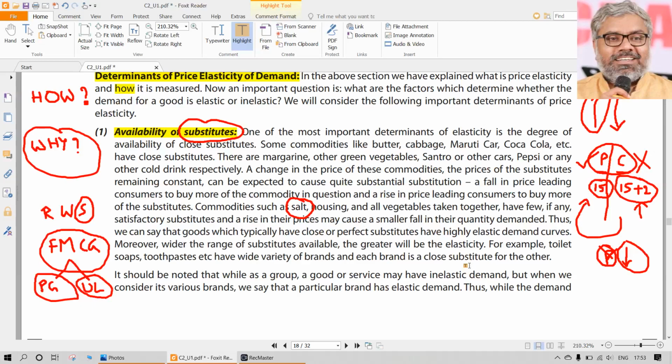Once again, from the examination point of view, one practical question can be expected from this. But in reality, this discussion is very important. The business managers, the governments, everybody, even consumers, I would say, should be aware of this. Otherwise, the businesses will make fools of us, as simple as that. If we are aware of the nature of the commodity, then we can understand why the businessman is doing that, why he is announcing all these things. What is this sudden love for the consumers that he is giving a discount? Why is that? It is not just out of love and affection.